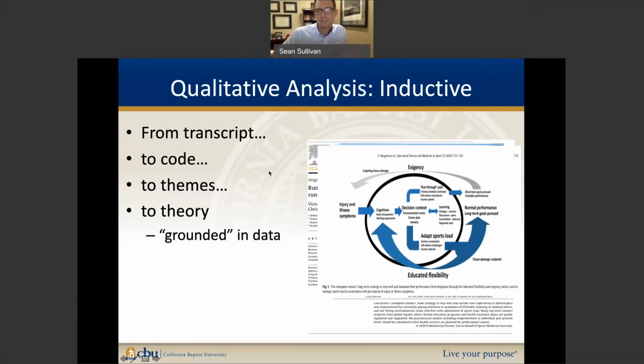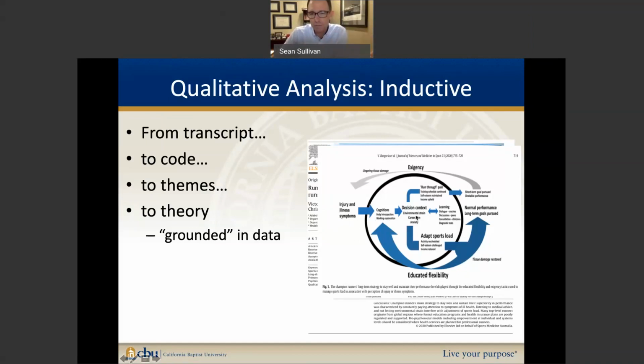So then here's an example of what would be called theory in qualitative research. So again, from the participant interview data, the researchers were able to conclude that high-level successful endurance runners were able to go through this injury and illness process where, as they experienced symptoms that threatened to slow down their training or that even threatened to remove them from participation, they went through two major decision-making steps. They either learned educated flexibility, which involved how to manage their cognition, how to manage their anxiety, how